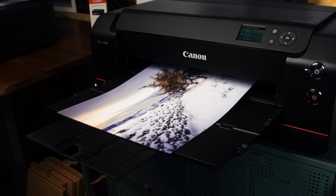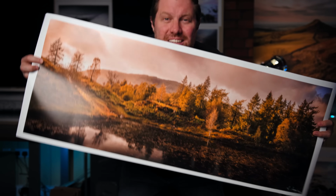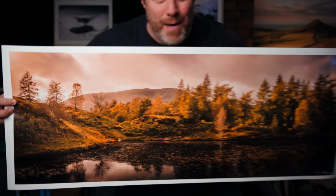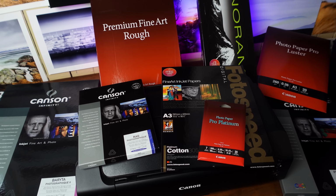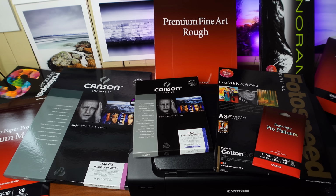Bringing your work back into the physical world as a photographer is about the most satisfying thing you can do. The reason many people are put off printing at home, though, is because there is an ongoing cost. But this is no different to any other art form where we use consumables. Painters need brushes, canvas, and paint, where we need ink and paper. Sell a lens or purchase one less, and that will fund what will undoubtedly become a printing habit for a good few years. I've made loads of printing videos now, so check them out, get inspired,